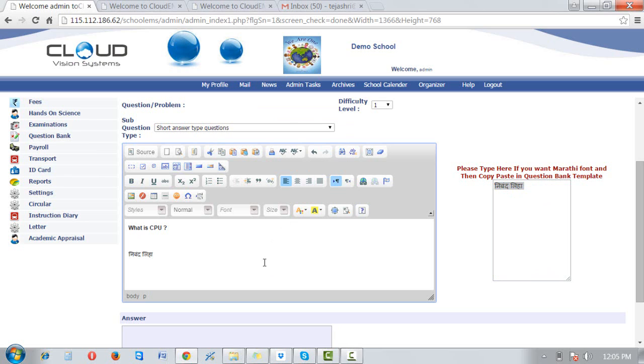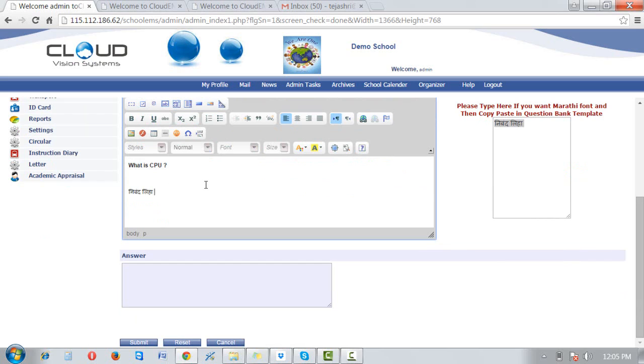So in this editor, symbols are present. We can create maths papers, we can create Marathi papers, meaning other languages, and we can generate them. After entering the question type here, we have to make sure that we are entering one question at a time, and just put the question here and click on submit. We can also put the answer here, so that after preparing the question paper the teacher may refer to the answers, and just click on submit.